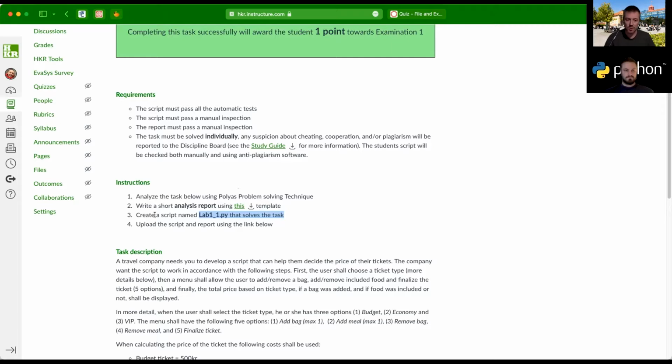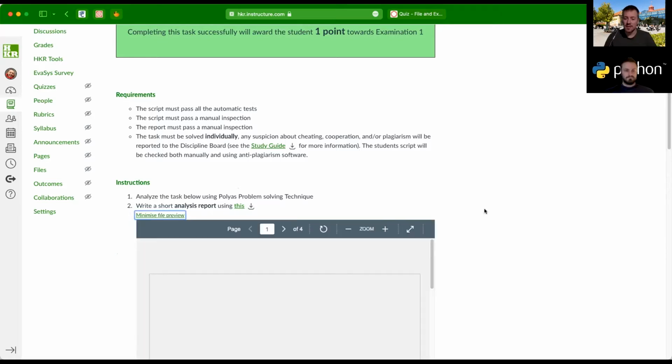So do all the steps, and as I mentioned, the template or the report, if we take a look at it,